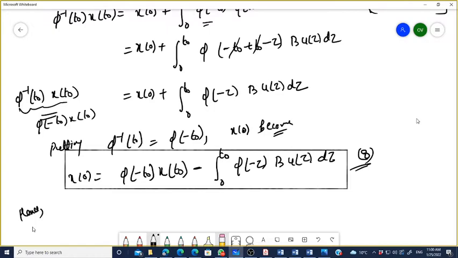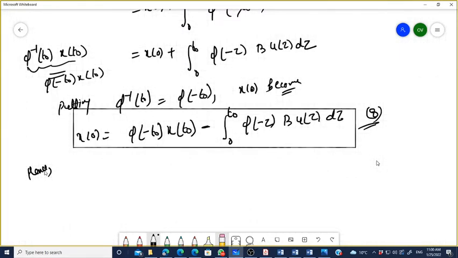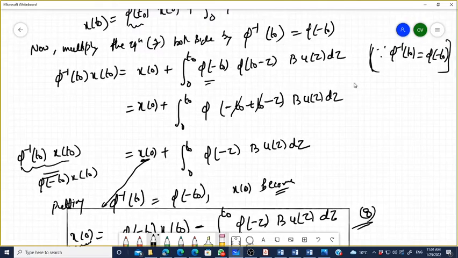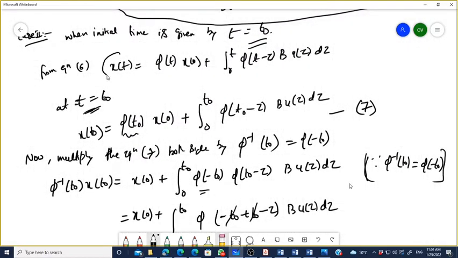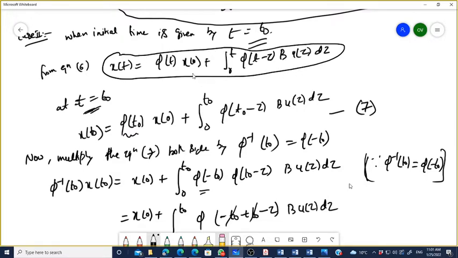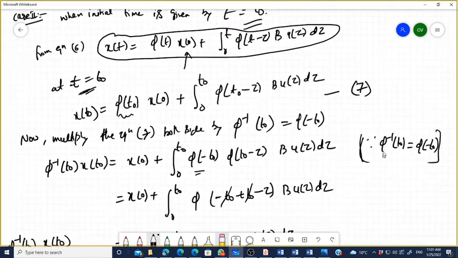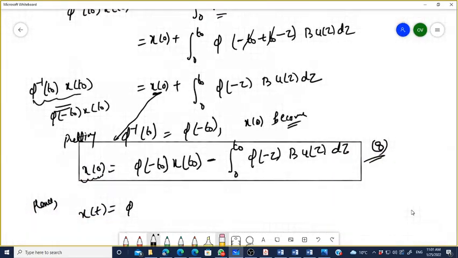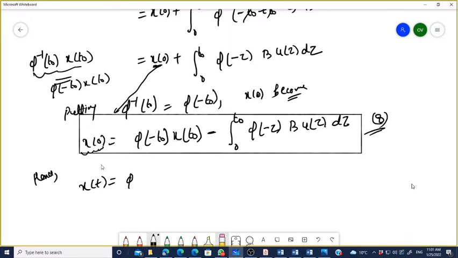Hence xt now becomes, यहां से आपने x0 निकाल लिया, ठीक है ना, कोई प्रॉब्लम तो नहीं है. Now what is xt? क्योंकि आपको x naught की वैल्यू पता है. Now you know the x naught and you know that the value of xt was, आपने पहले भी लिखा है, you have already written xt is equal to this value, this is the answer, and now you know the value of x naught, just put the value and whatever that value will become, that will be your result, right? You know that xt is nothing but phi t into x naught plus integral 0 to t phi t minus tau B u tau d tau. यही था ना आंसर,